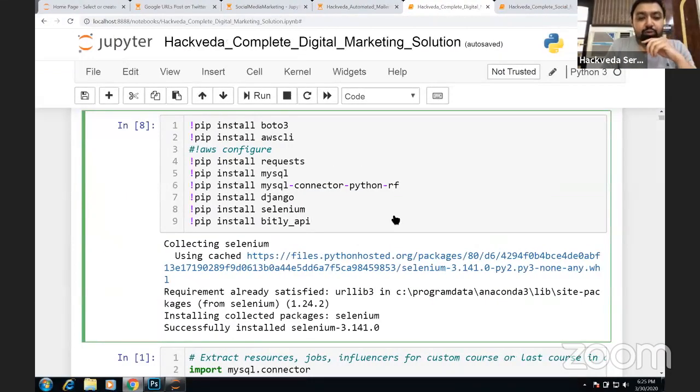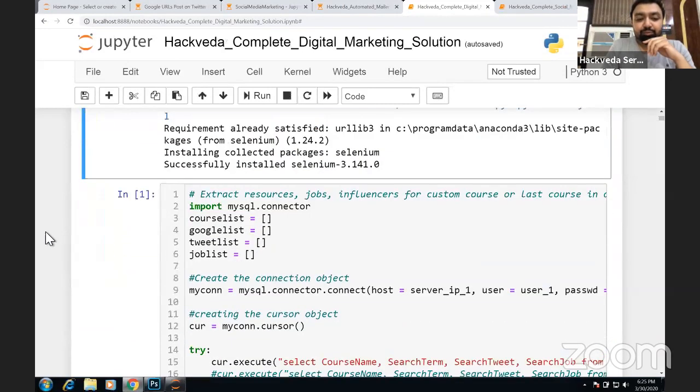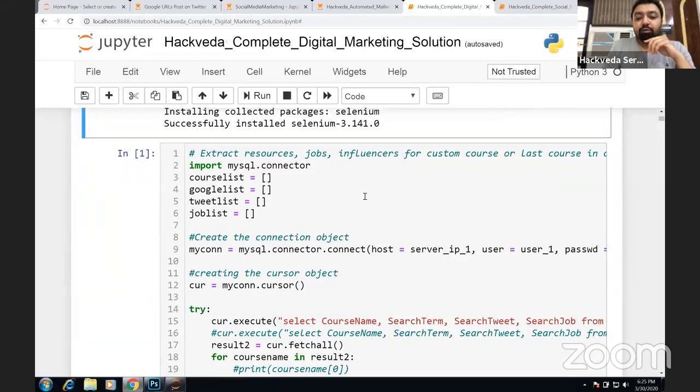Now, once you guys have got these APIs installed, now the process begins. Now what we have to do? First of all, we would like to have an example business, which we are going to use in order to customize digital marketing for that business. So since we work for Hackweather, we are going to automate digital marketing process for Hackweather website. And similarly, you guys can quickly customize your digital marketing for your business solutions or for your websites.